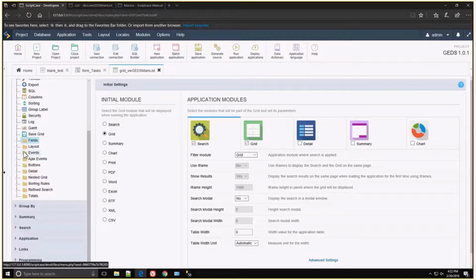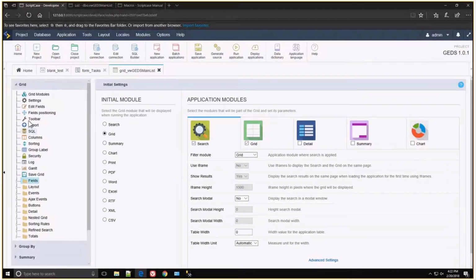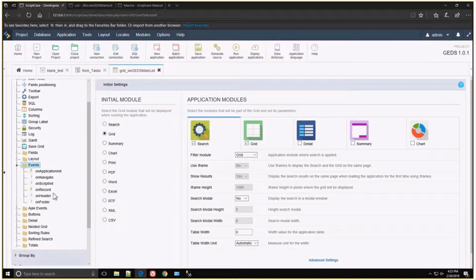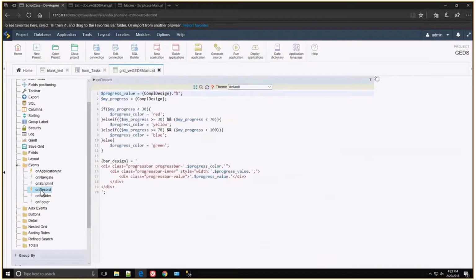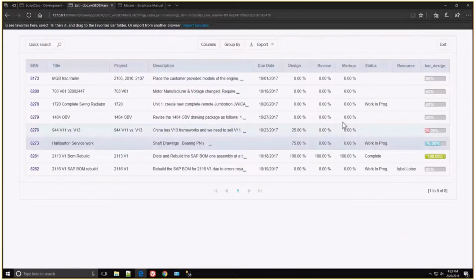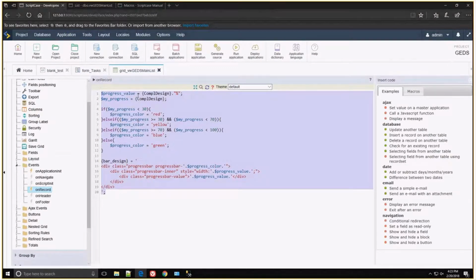I think this is an event. So if we go to events, we have the on record event, and this is the code behind this section right here, bar design. So the code says